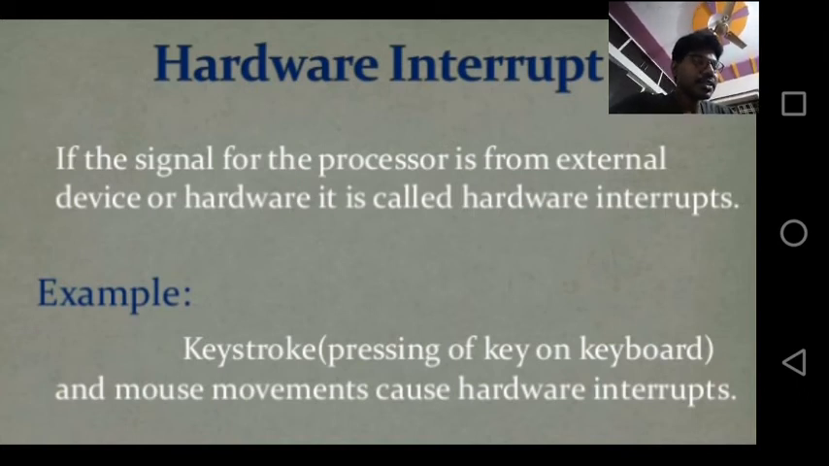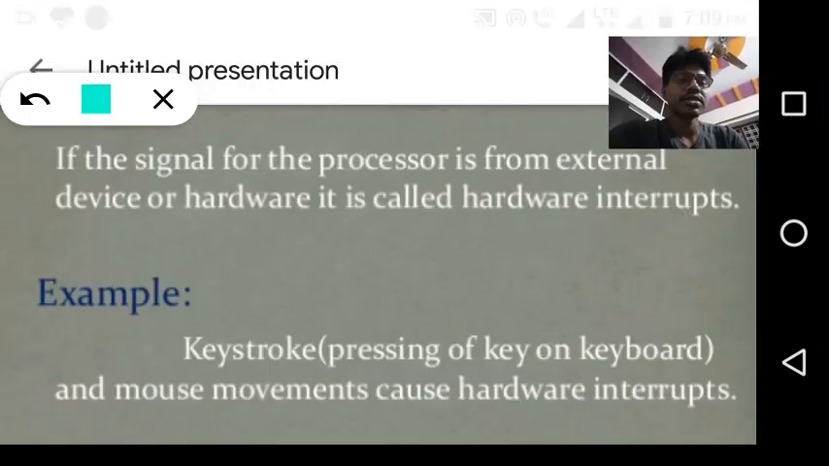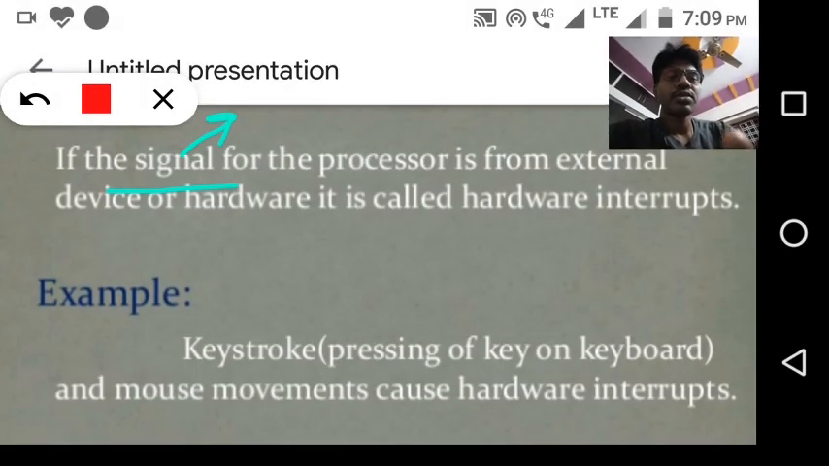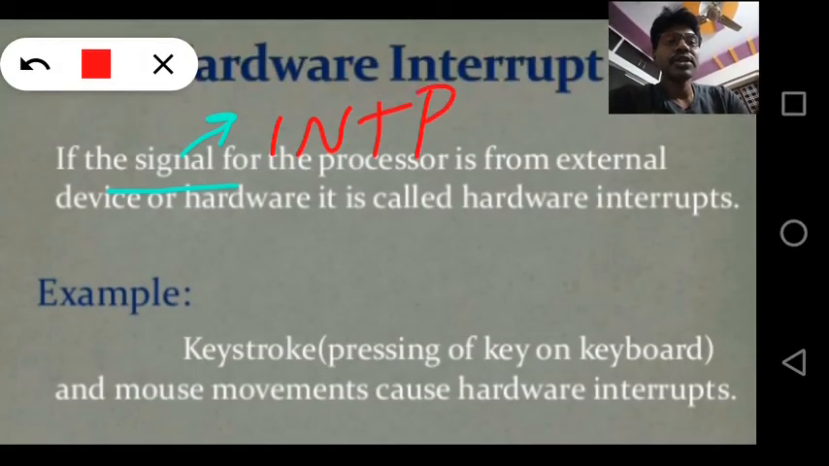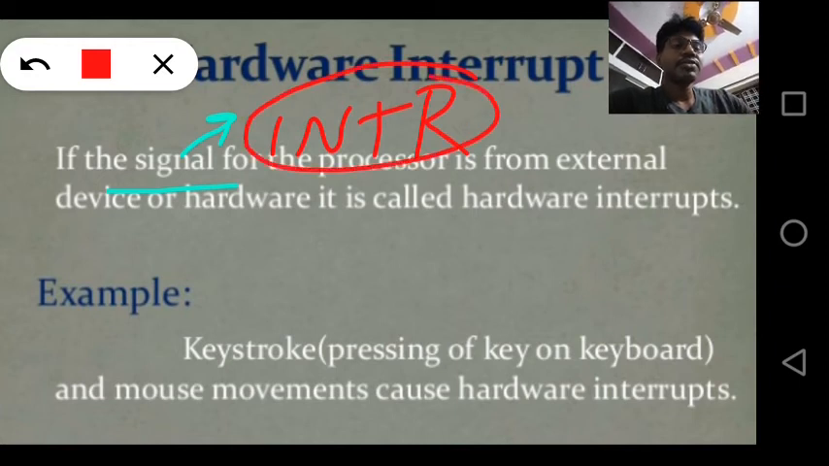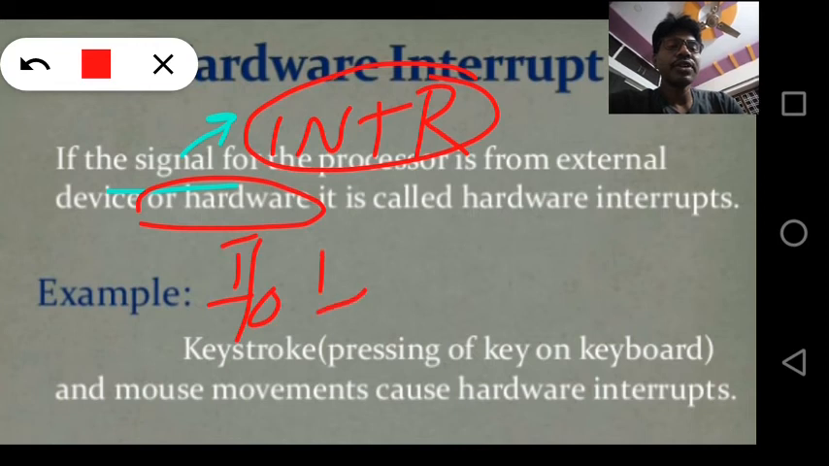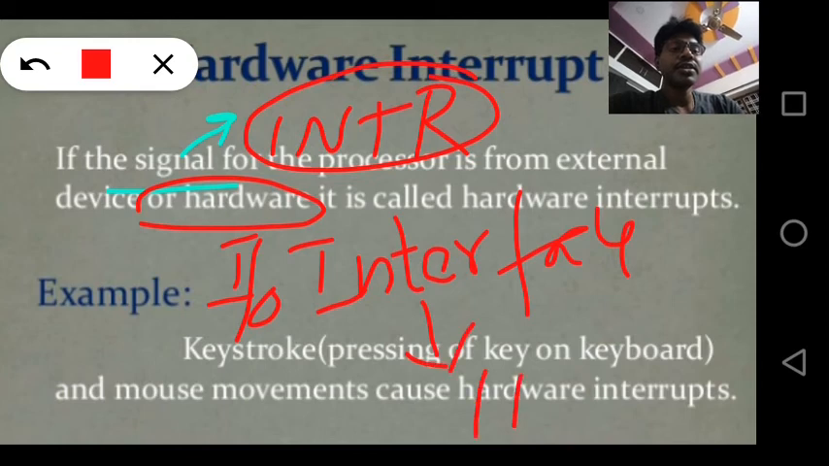So let us see some examples of hardware interrupts. If the signal for the processor is from an external device or hardware, it is called a hardware interrupt. As simple as that. The signal means an interrupt request signal. If the interrupt request signal for the processor is from an external device or from the hardware, if it is from the IO interface, if the IO interface is sending an interrupt request,